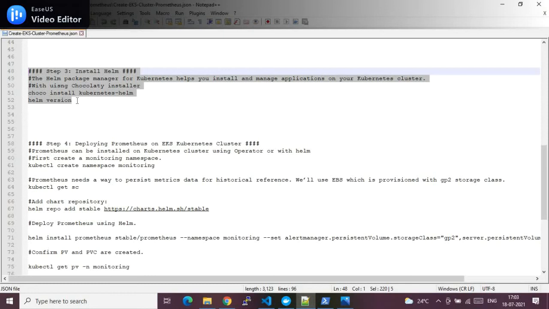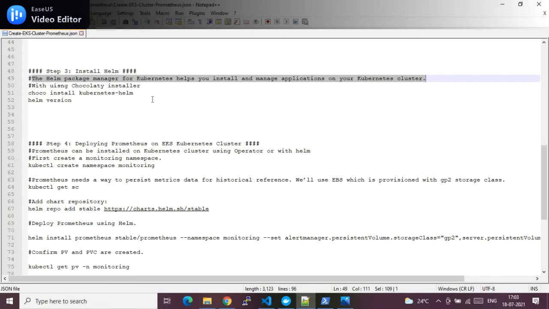Here, as you see, Helm is a package manager for Kubernetes that helps you install and manage applications on your Kubernetes cluster. It's a package manager tool which you need to install in your system so that you can use it to communicate with the EKS cluster for installing and managing your applications.